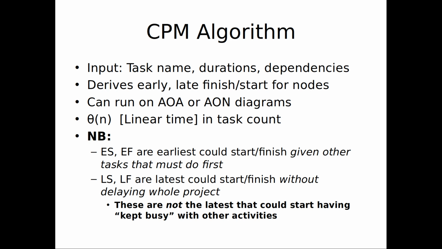The difference between those is something called slack. Float. It's how much give we have for that task. It can't start before this time, and it needs to start by this time to not delay the whole project. And the difference is float. The difference is slack.